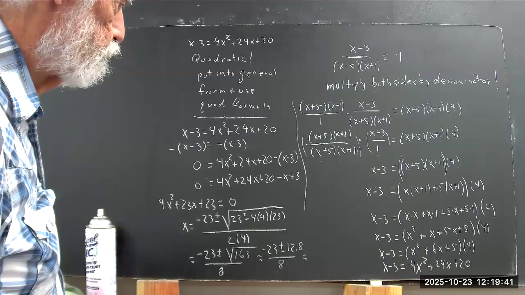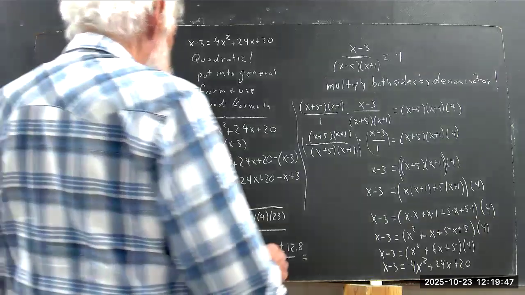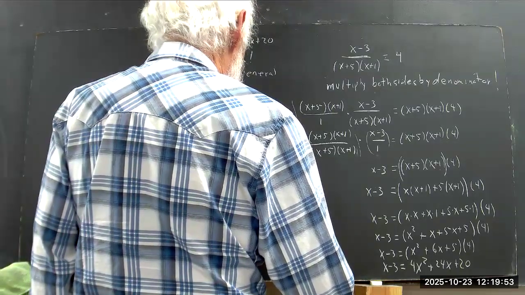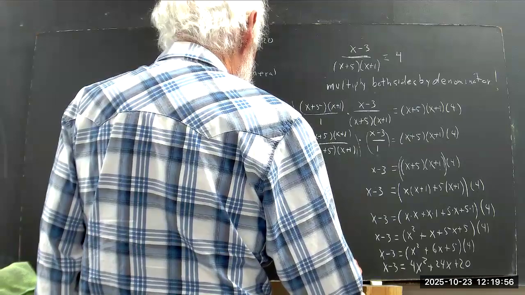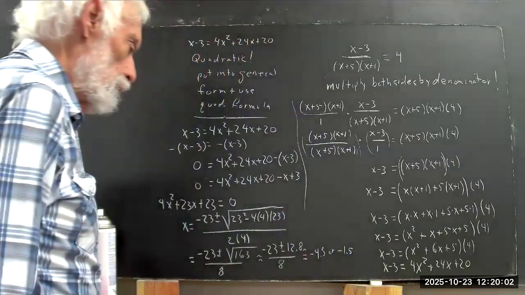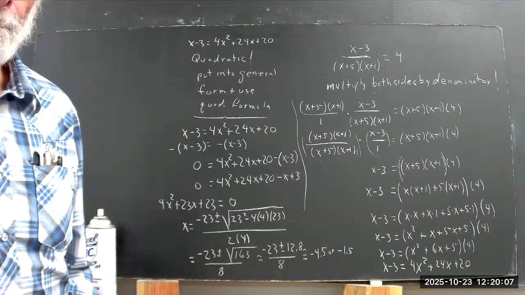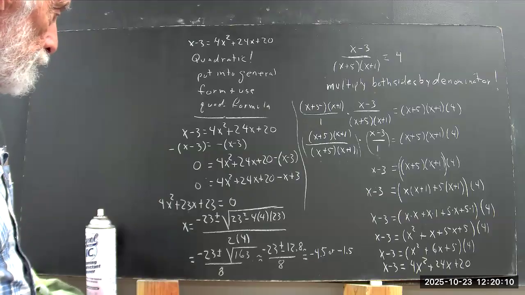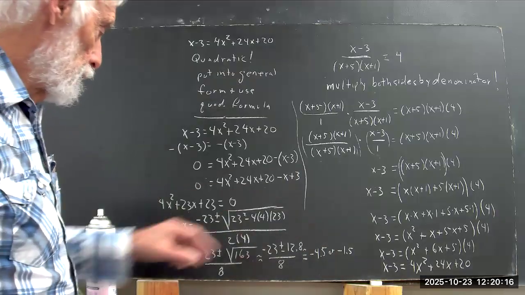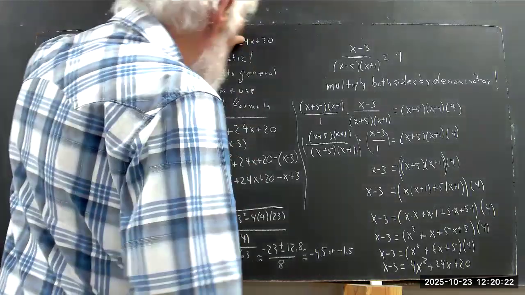I'm not sure I like that. But I guess I like it. Okay, so that comes out to about negative 4.5 or negative 1.5. Now, that's not real close, but it's probably within a couple of tenths if I've done everything right. Okay? So the quadratic formula is just automatic. You just do the arithmetic and use a calculator if you need to, and you easily get a solution. Let's just test that